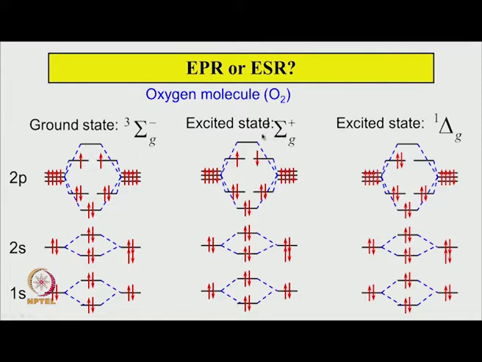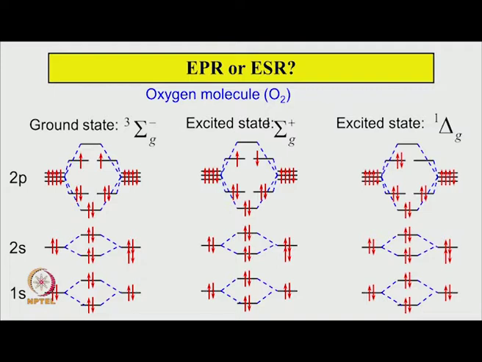But it can have another excited state where these 2 electrons are forced to stay in one molecular orbital. Then naturally the spins are necessarily paired. So, this is a singlet state, but this pi orbital gives rise to a net orbital angular momentum of lambda equal to 2, giving rise to this delta state. So, this electronic state, 1 delta g, has no spin angular momentum, but orbital angular momentum, and one can see its